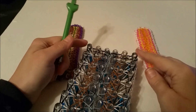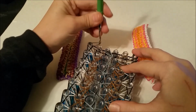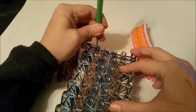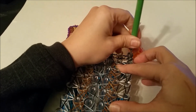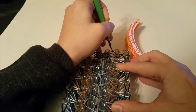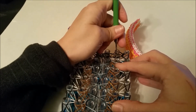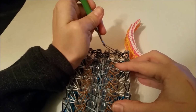So I've looped the perimeter up to the top and now it's time to close it off. So we're going to go in, grab that top left band, pull it over to the left, and go in and grab the next perimeter band and pull it over to the left. And then we're going to go to the right and repeat that process, working to the left. Relieve some of that tension off of that band, and again go in and pull to the right,